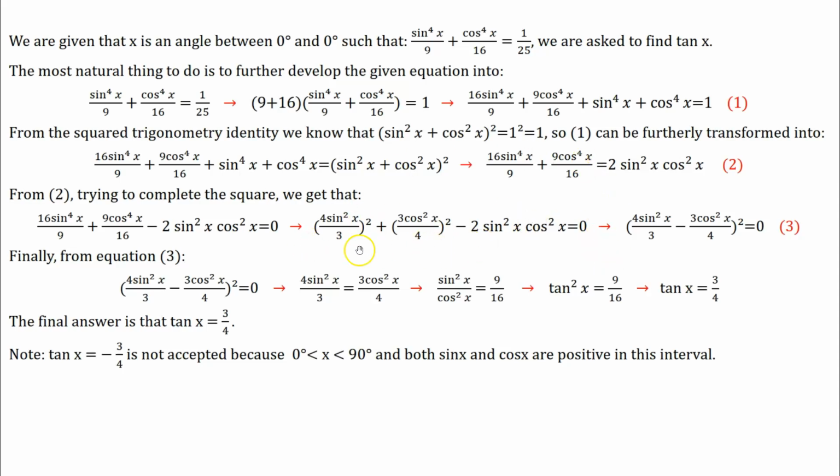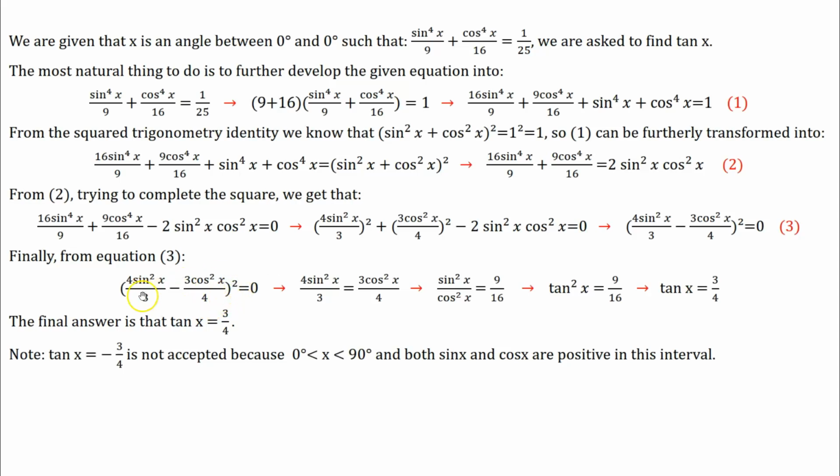Now we see that we have a perfect square on the left hand side, and we can write it as 4 sine x squared divided by 3 minus 3 cosine x squared divided by 4, all squared, is equal to 0. Now this is the final form of the given equation, labeled as form number 3. And from this form we can deduce that